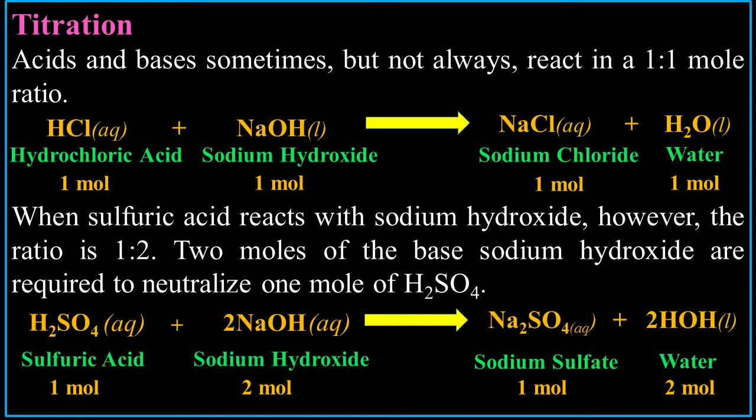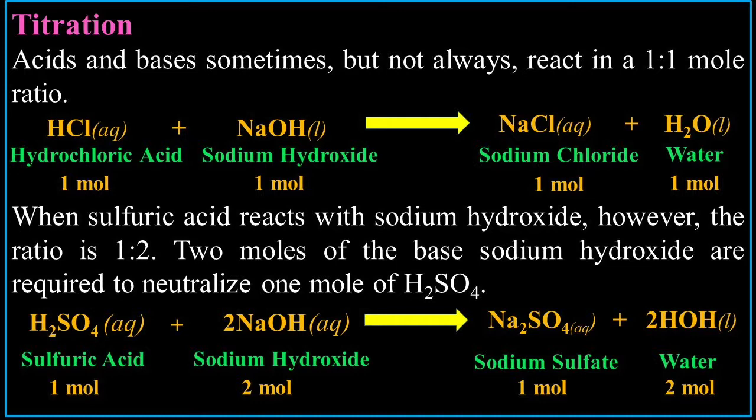When sulfuric acid reacts with sodium hydroxide, however, the ratio is 1-to-2. 2 moles of the base sodium hydroxide are required to neutralize 1 mole of sulfuric acid, because remember, sulfuric acid, H2SO4, is diprotic. So it's going to be H2SO4 plus 2NaOH yields sodium sulfate, that's Na2SO4, plus 2H2O. So it's 1 mole of sulfuric acid, 2 moles of sodium hydroxide, yields 1 mole of sodium sulfate and